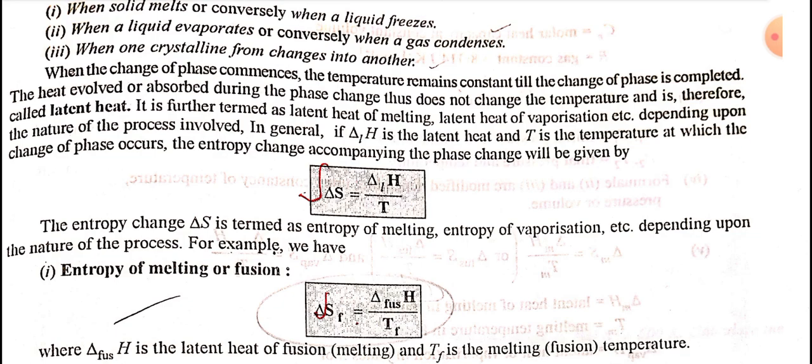The heat evolved or absorbed during the phase change thus does not change the temperature and is therefore called latent heat. It is further termed as latent heat of melting, latent heat of vaporization, depending upon the nature of processes involved. In general, delta H is the latent heat and T is the temperature at which the change of phase occurs. Entropy change accompanying the phase change will be given by delta S is equal to latent heat upon temperature T. Entropy change delta S is termed as entropy of melting, entropy of vaporization, depending upon the nature of processes. For example, we have